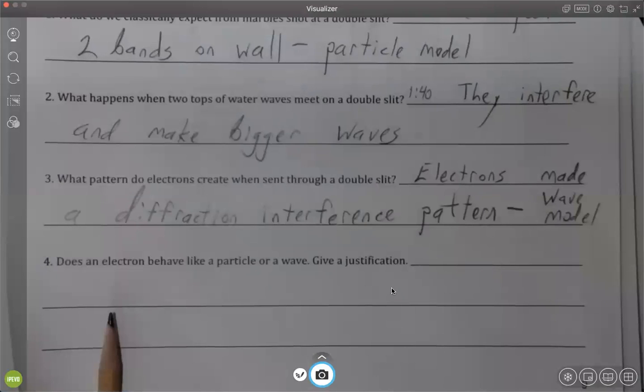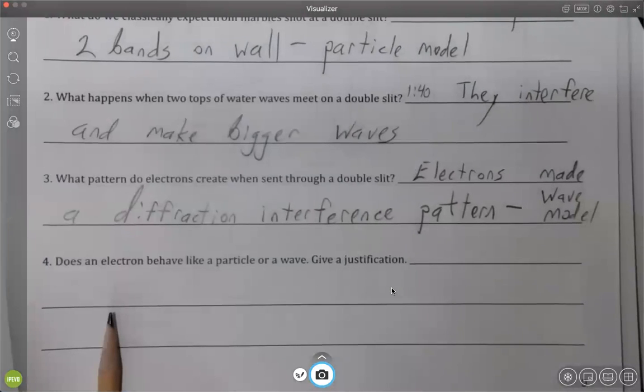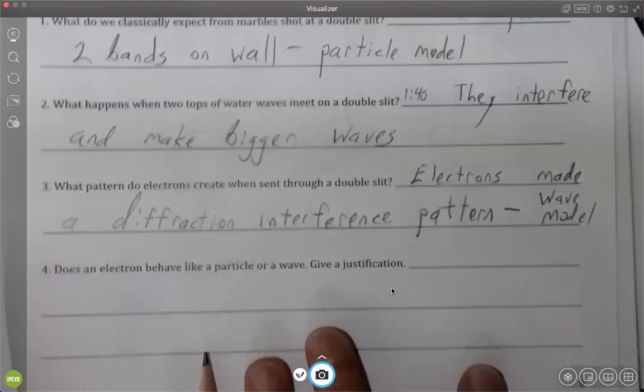All right, so hopefully you're able to decide whether you think it's a wave or a particle. Well, it behaves like a wave, but it also behaves like a particle. So what we've done so far is we've looked at how a wave could be a particle. Yes, it can be both a wave and a particle, but it could also be only a particle and only a wave. Like with this interference pattern, an interference pattern cannot be described by a particle. And what I mean by that is